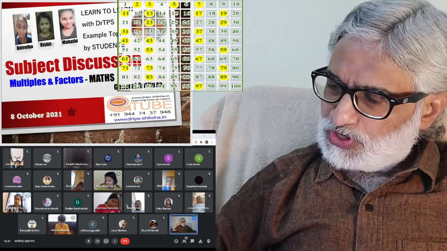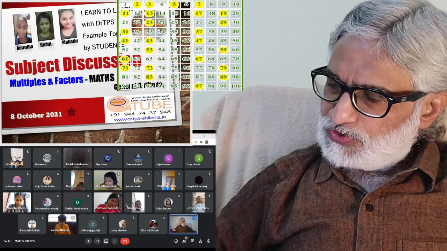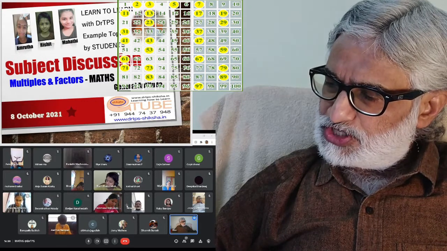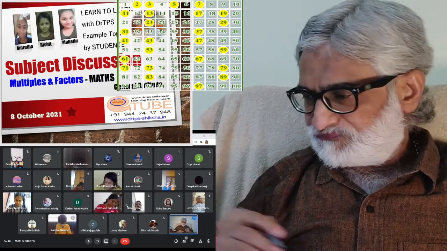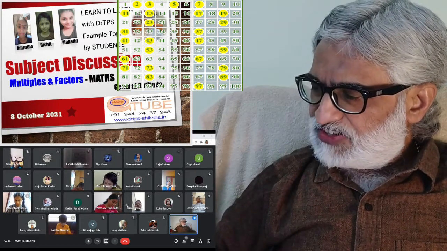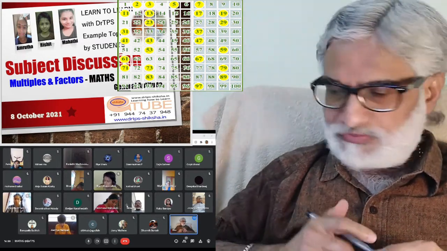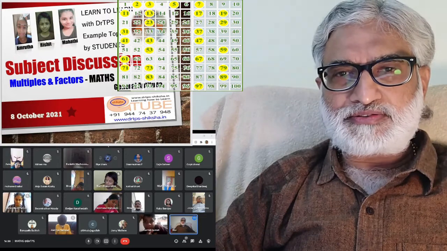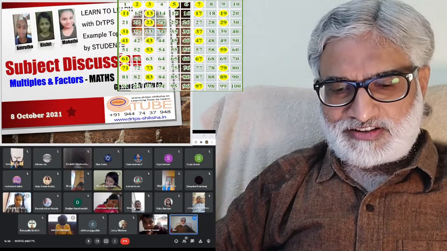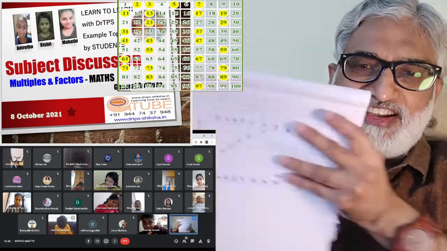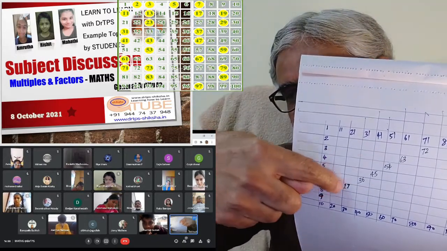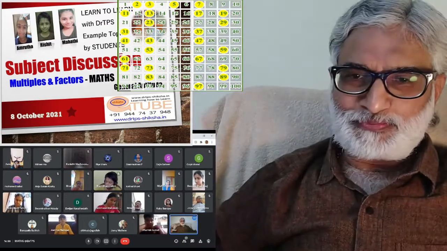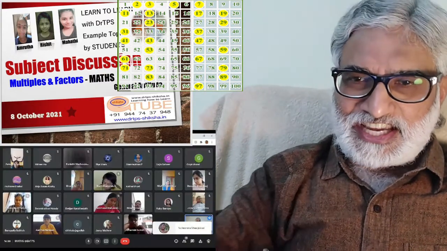45, then 54, then 63, then 72 and then 81. Then go to 99. Hope all of you got this. Now have you observed your table is filled like this? Good enough? And have you also observed